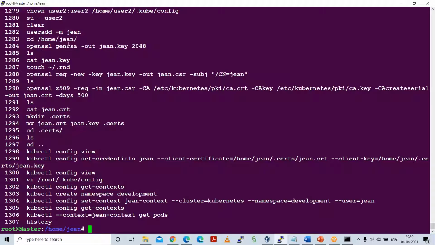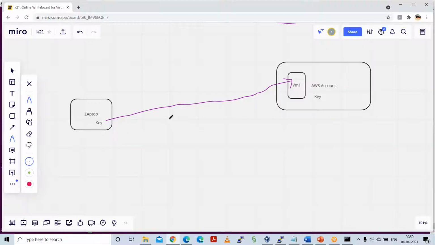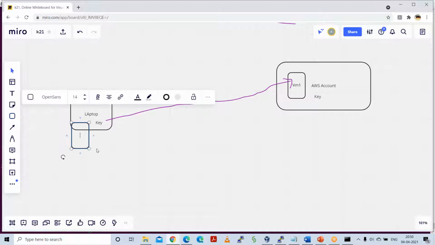Right, so this is the RSA key we have generated. It generates the public key and private key. From this one we have created the CSR, the certificate signing request, by using the same key which we have created, and by using the key and certificate signing request we have created the certificate called gin.cert, and this cert information is added in the config file of the client on the Kubernetes